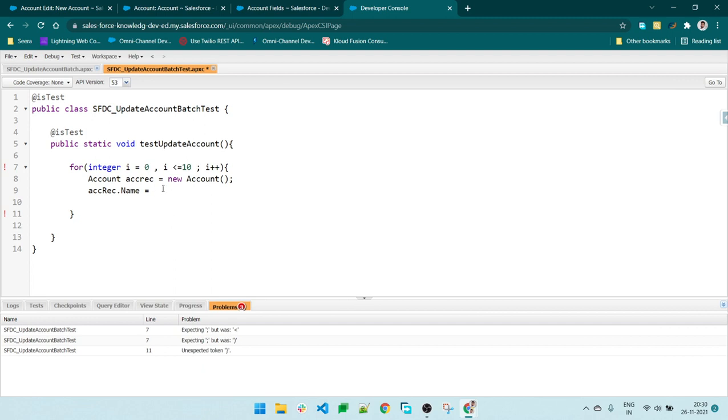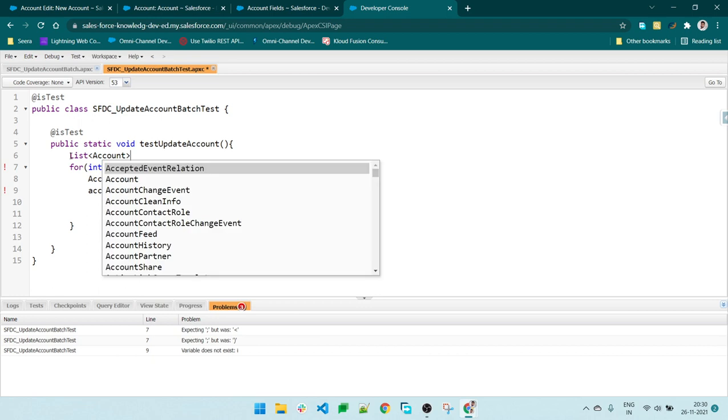So let's give the name like test account, and to differentiate these records, let's add a variable so that we can differentiate our records while we are inserting. Okay, so this much only. Now we need to insert these records into the database. So let's create a list of accounts so that we can do a DML in a single go.